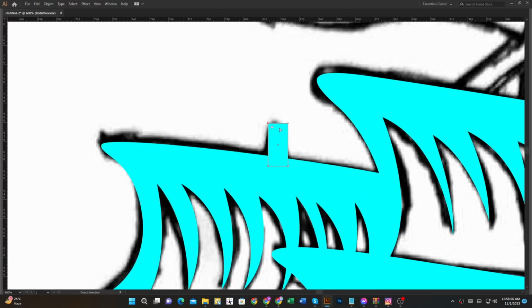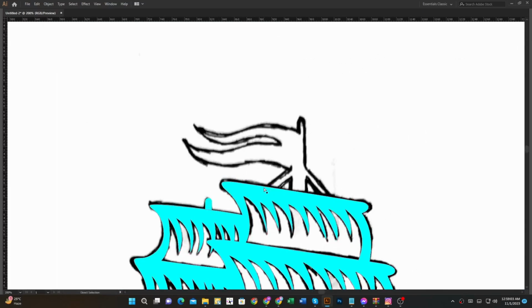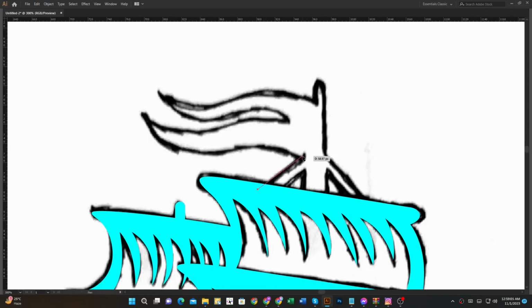Then I take a shape, and it's some rounded. It's easy.